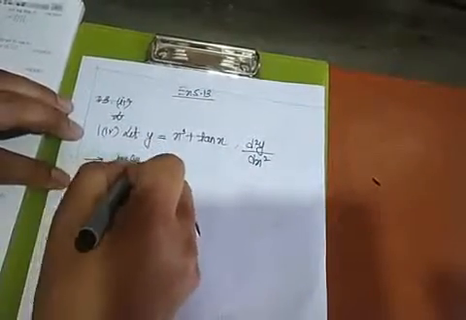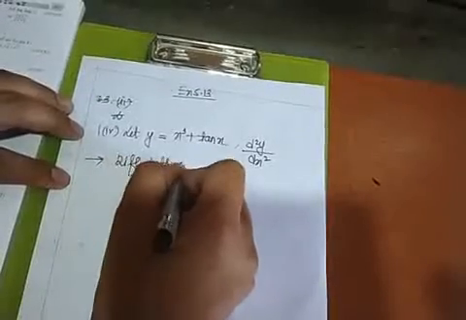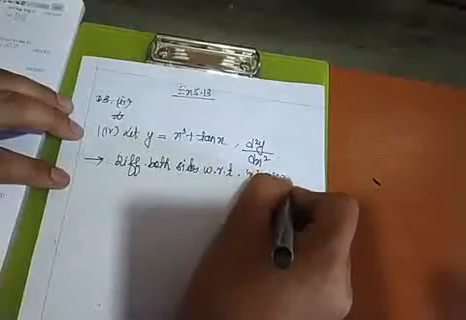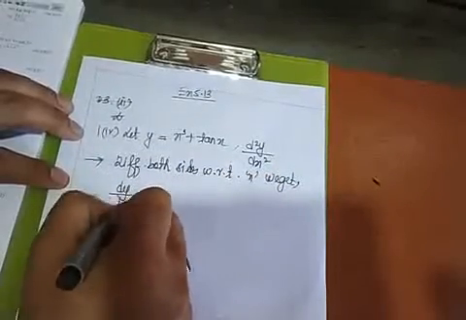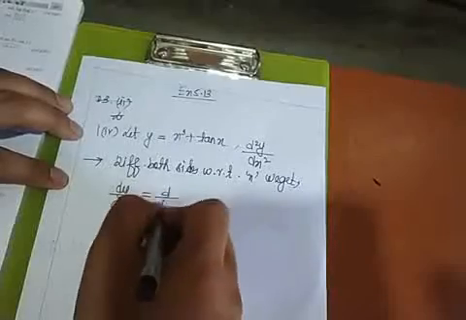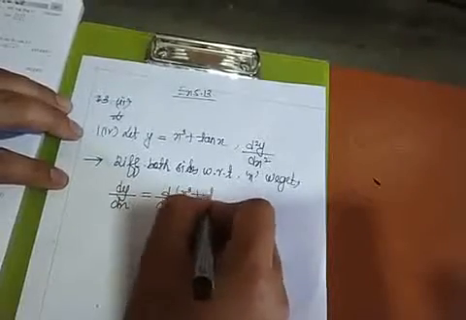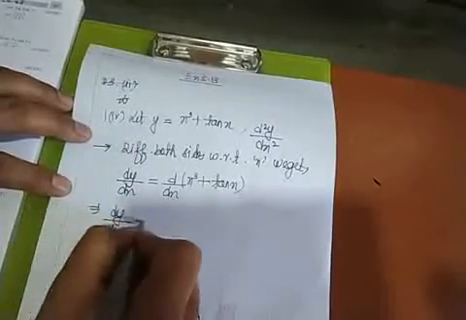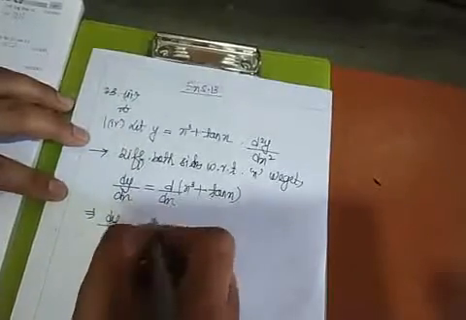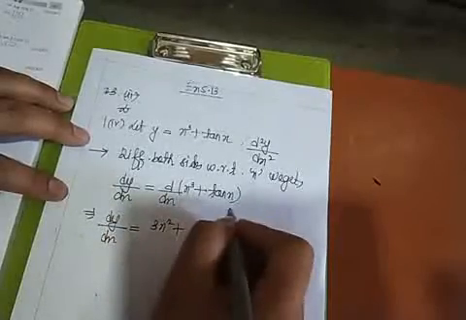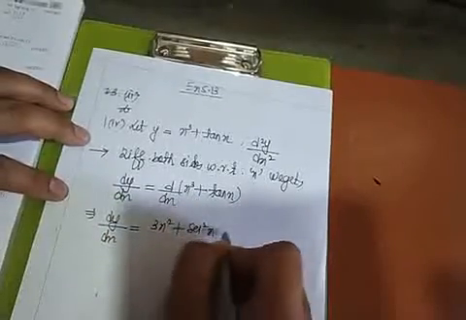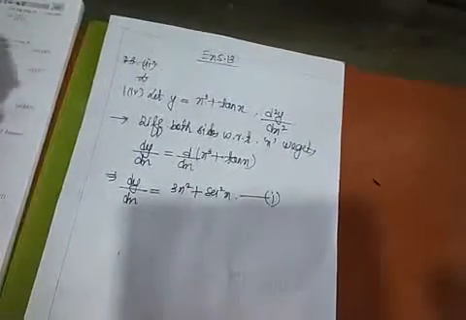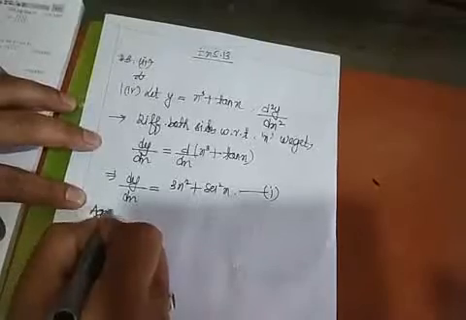Differentiating both sides with respect to x, we get dy by dx, and on this side d/dx of x cube plus tan x. Therefore dy by dx is equal to the differentiation of x cube, 3x square, plus the differentiation of tan x, sec square x. Keep it as equation number 1. This is the value for dy by dx, but we need to find the value for d2y by dx square, so again differentiating